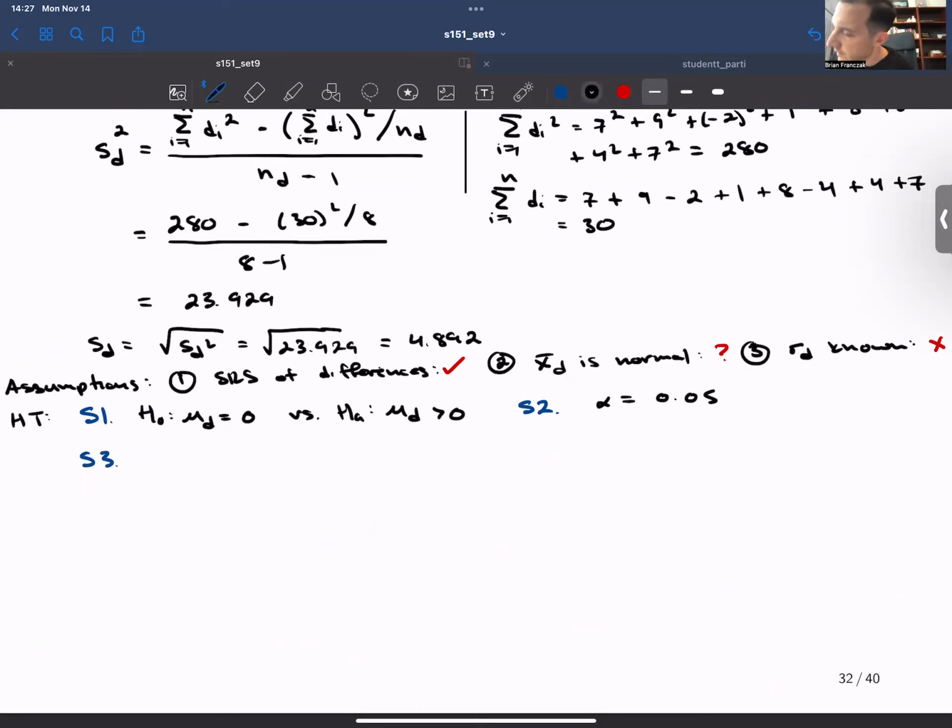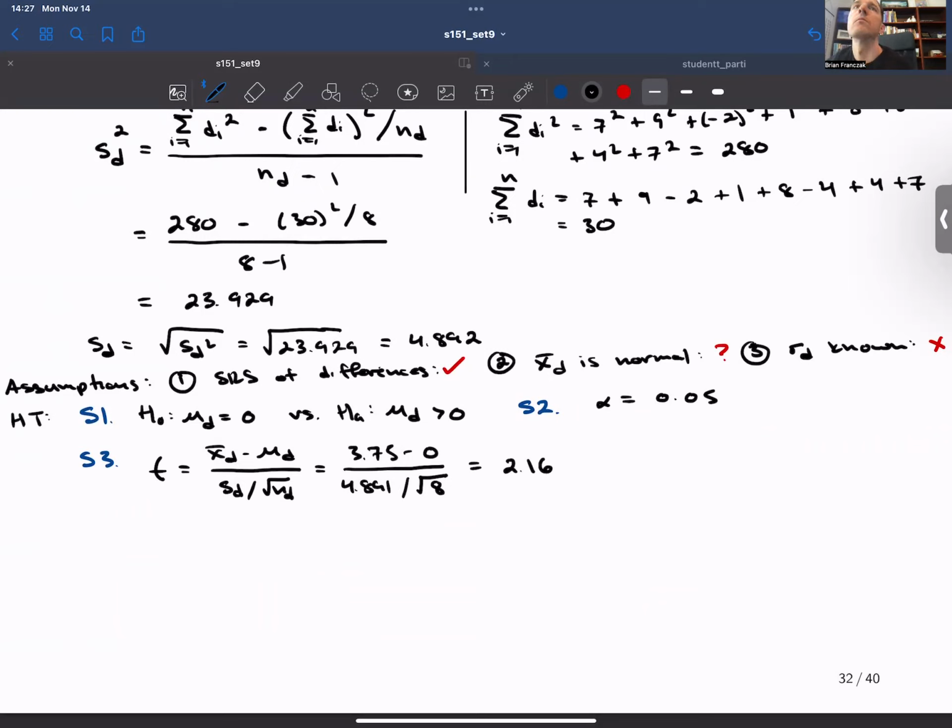Okay, on step 3, we compute our test statistic. You'll notice that this is exactly the same as a test statistic for a one sample t-test. So 3.75 minus 0 over 4.891 divided by the square root of 8. And that gives us 2.168. Okay, now on step 4,